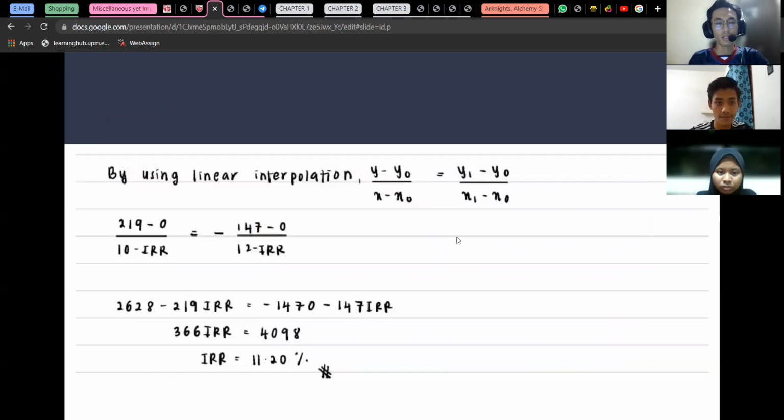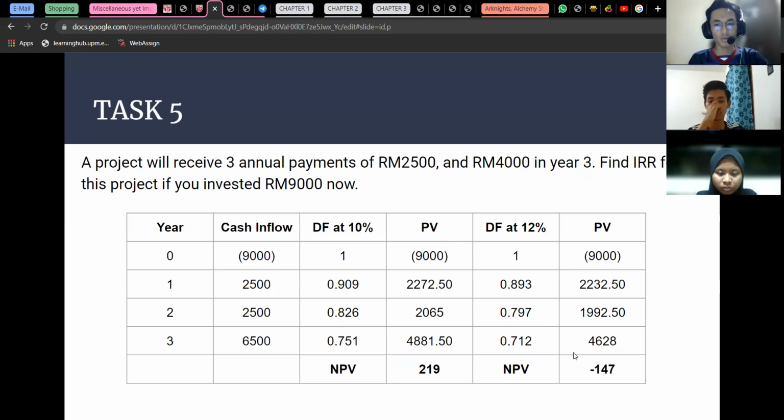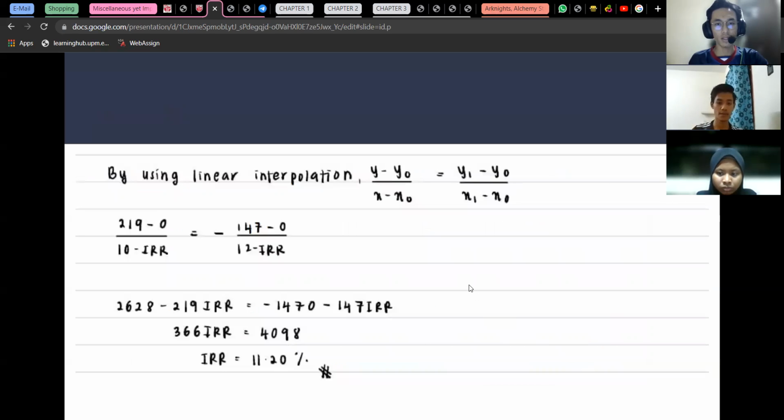So by using linear interpolation and by making y1 equal to the negative NPV and y2 equal to the positive NPV, we can plug it into the formula of linear interpolation, and using some substitution, by switching around the places, we can get the IRR equals 11.20%. Since the question does not ask us to interpret the IRR, we are going to just leave it at that,